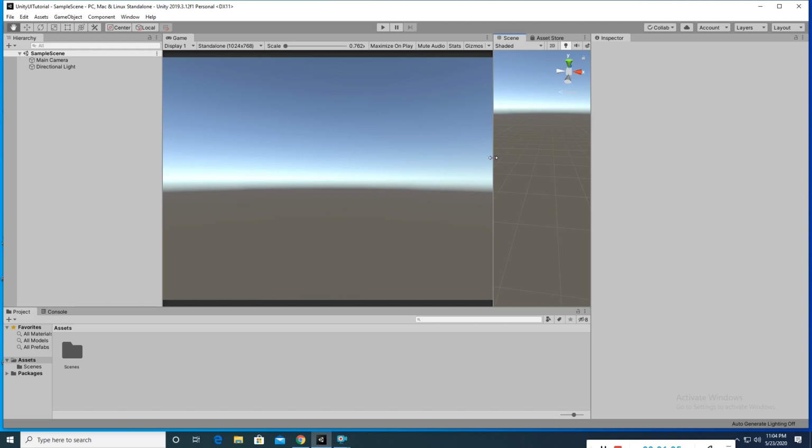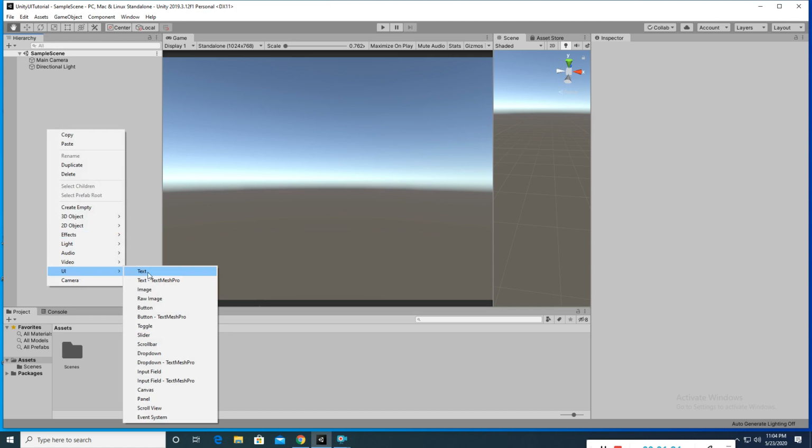But when Unity launched Unity UI, it became very simple. So you can easily create any kind of component. Just right click in the editor in the hierarchy. Here is the UI section. Whatever you want to create, like button, text, input field, all these are Unity UI related controls. Controls means all the controls like text, image, button, all these options are available in Unity UI.